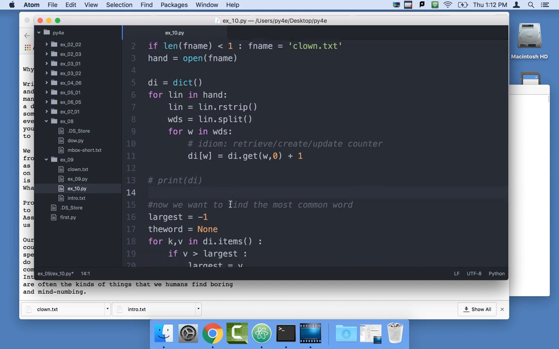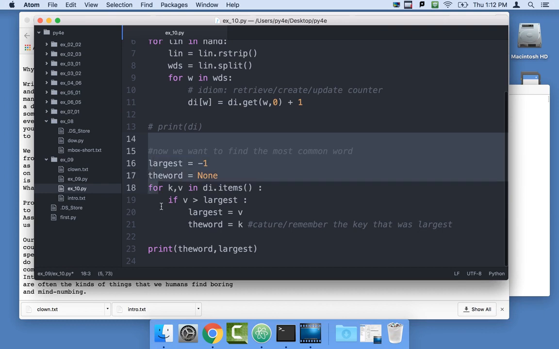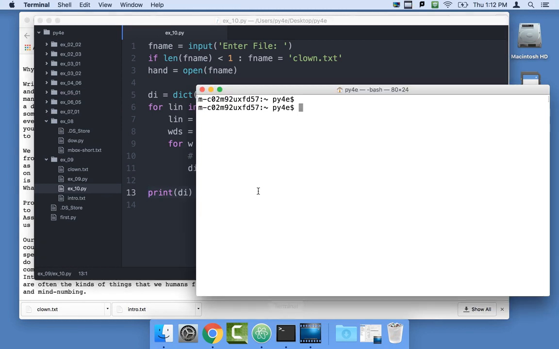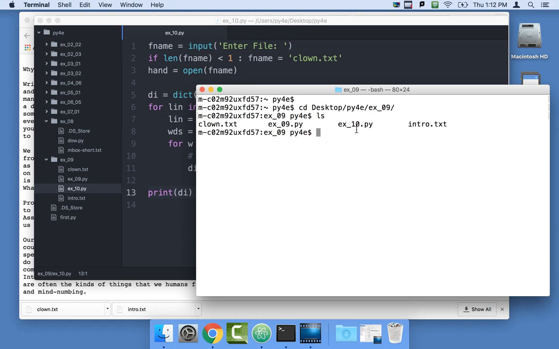So in exercise 9, we look for the most common word, but we want to find the 5 most common words, which is going to require us to sort. So I'm going to get rid of that code because it's not really how we're going to do it. There we manually looped through it and found the maximum. And so I'm going to just run this. cd desktop python for everybody ex09. And if I do an ls, you see that I've got ex09.py, intro.txt. So I'll run python 3,